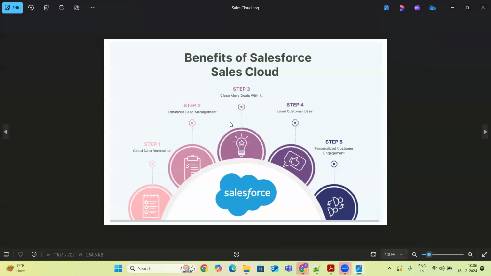Today we are going to discuss the Sales Cloud. Sales Cloud is basically this: once we are done with the Marketing Cloud, we will get the interested leads. Once the leads are available in our system, the marketing team will follow up with them, asking, would you like to purchase our products?